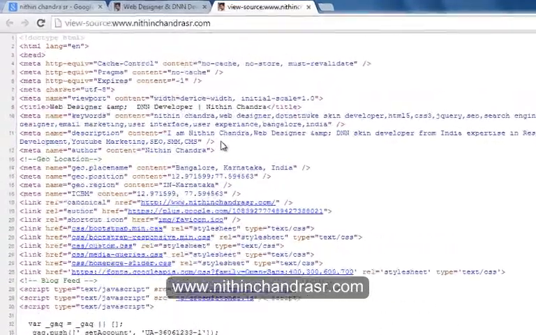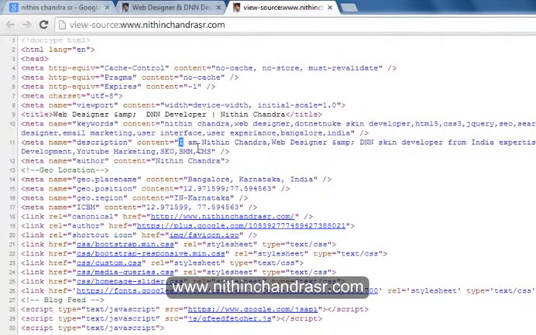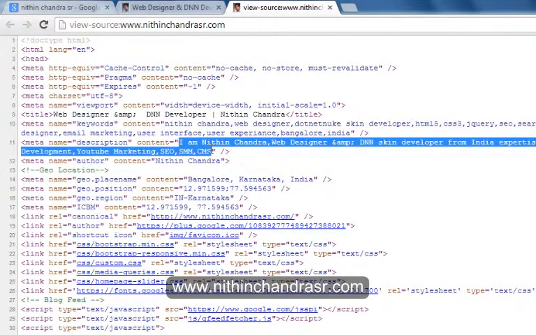as I was discussing meta description, you can see the meta description over here where it has a name called description, and there's content regarding the web page. A small description regarding the web page. It's around 160 characters. It is recommended that we maintain between 150 to 160 characters.